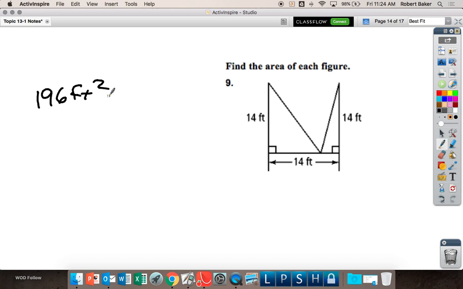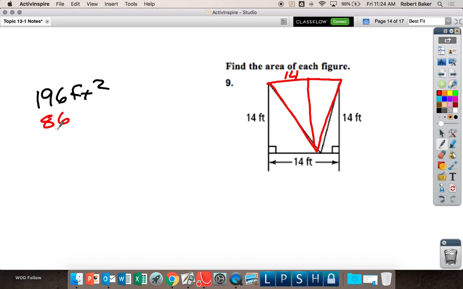Now what? You find the area of that triangle that's separating the two triangles. You can find the area of this triangle because it is 14 units for the base and it is 14 units for the height. This is the trickiest part of geometry. Do you see it or do you not? So 14 times 14 divided by 2 is